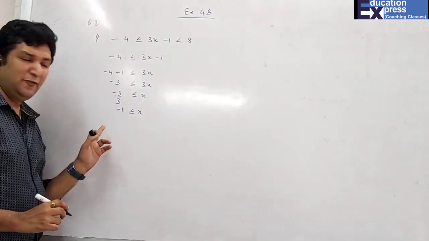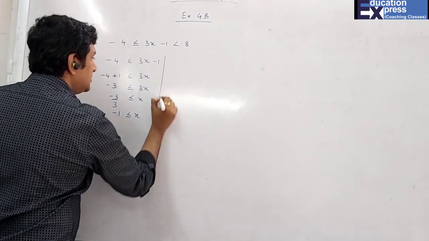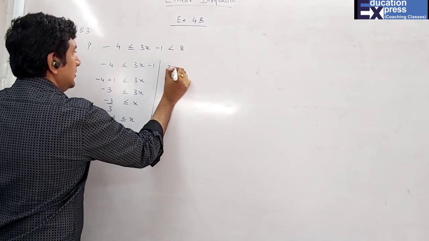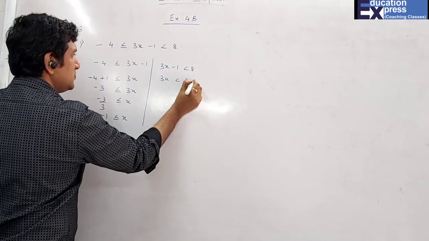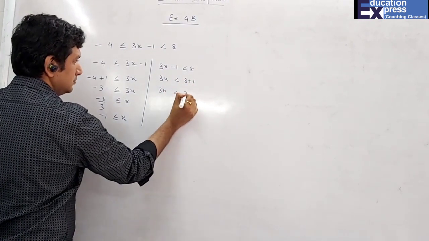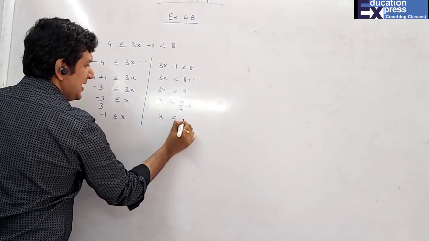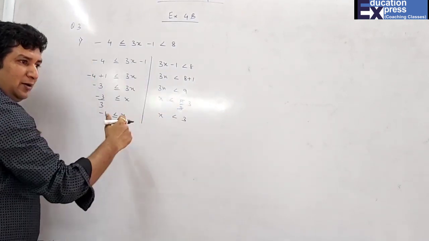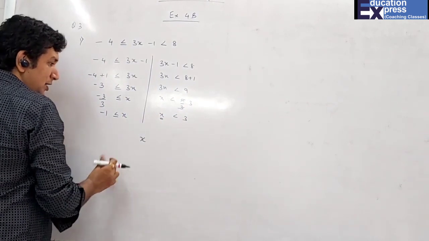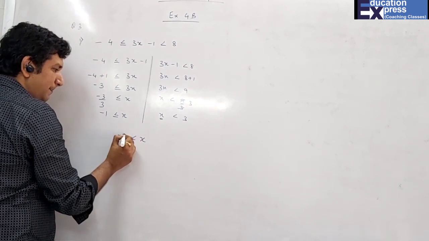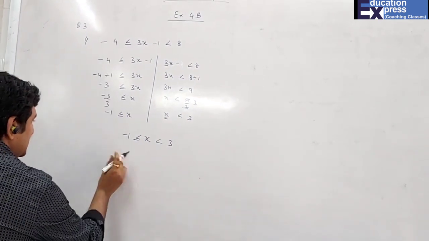That means for minus 1, if I say x is more, from minus 1 I have to go on the right hand side. Now the second part. Again x is positive, minus 1 will come here, plus 1. So x is less than 3, from 3 I have to go on the left hand side. So x, as I have told you, will always come in between. Now x is more than minus 1, x is less than 3. This we have to represent on the number line.